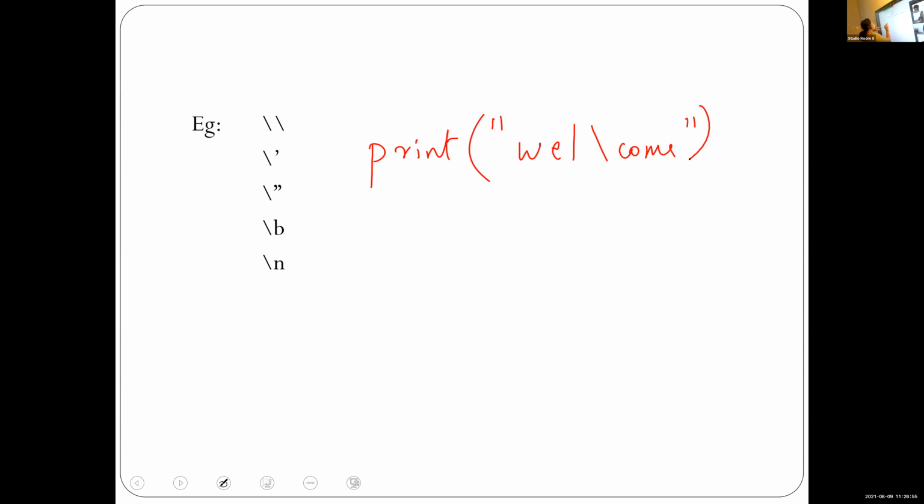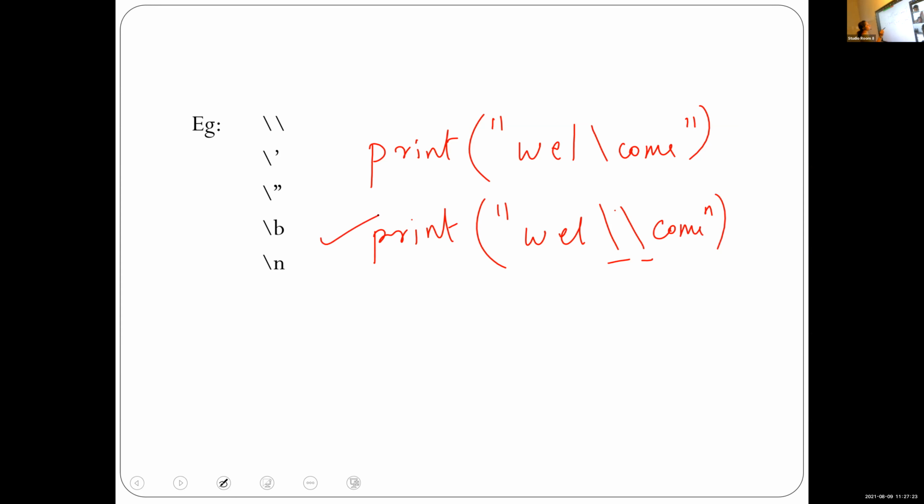The correct statement is print, double quotes, WL slash slash. The first slash represents the escape sequence and the second slash represents printing the slash.